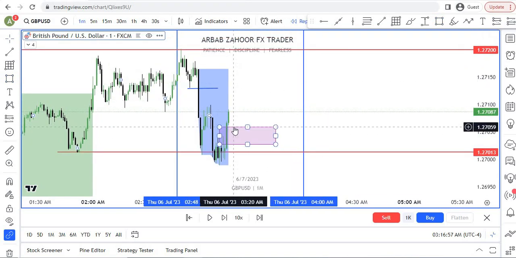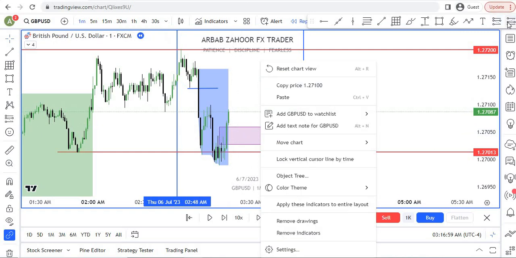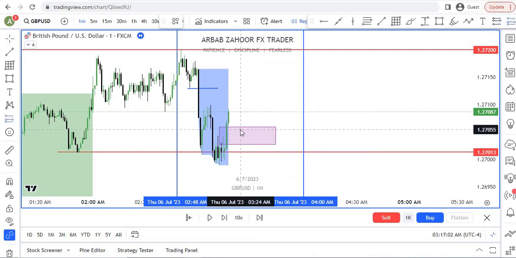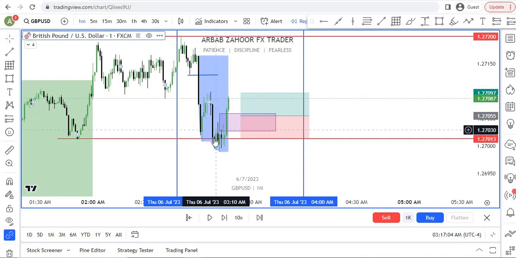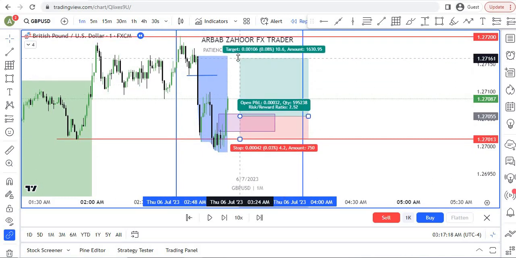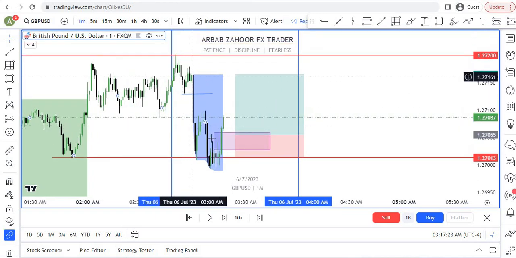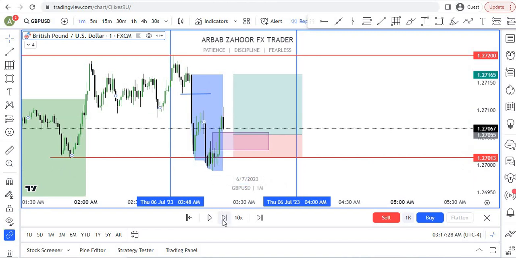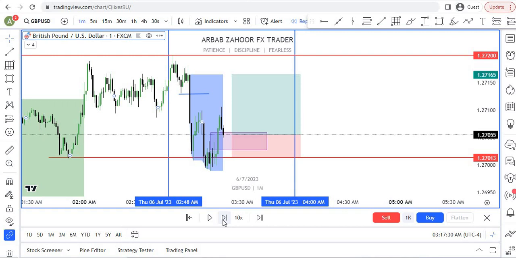Why? Because we put a little 0.25 area, because this setup becomes valid after he takes out the liquidity area. So after suddenly he takes out this liquidity area and makes a market structure shift, it can be a high profit. So here is the 1 to 2 hour, or this opposite side liquidity area, because here can be an order. Okay, so did we get in the trade, or yeah, we are in the trade,